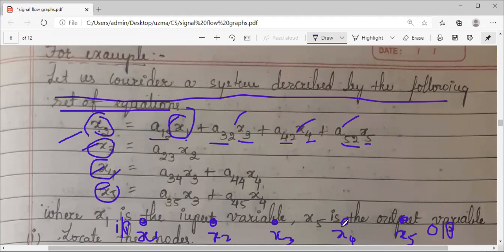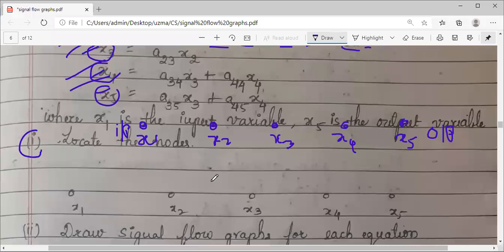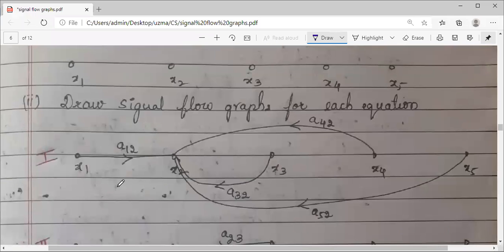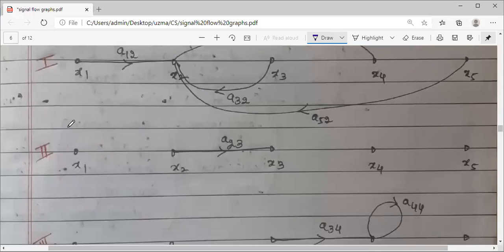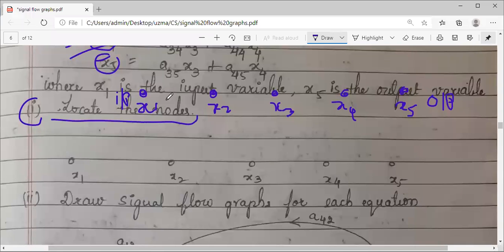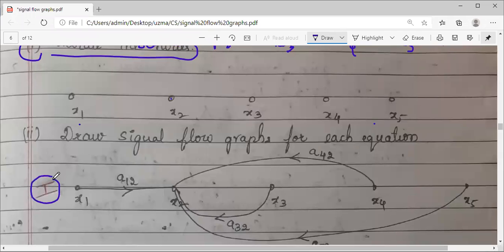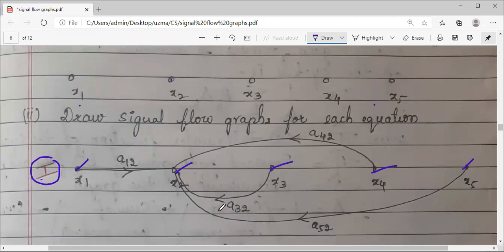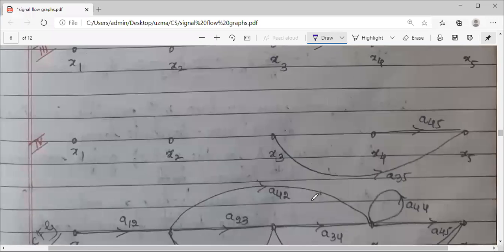So I have marked all the 5 nodes, and this marking of 5 nodes should be repeated for all these 4 equations. See here, for the first one I have done this. For the second also I have to draw that, for the third also like that. Actually, first I have only shown you the location, the locating of the nodes. 5 nodes like small bubbles or dots you should represent. Then go for the equations. This one represents the first equation. So for the first equation, I have repeated this X1, X2, X3, X4, X5. These 5 dots drawing should be repeated for each of these equations.